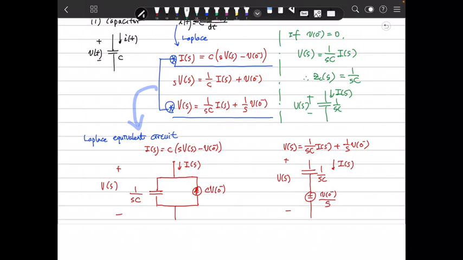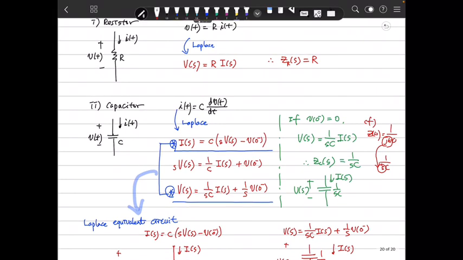You remember that in the phasor case, what is the impedance Z(j omega)? It was 1 over j omega C. In the case of Laplace, it is 1 over SC. j omega is replaced by S. Actually, I will always tell you that Laplace is the more used approach to describe the frequency domain. So why? Because, remember that